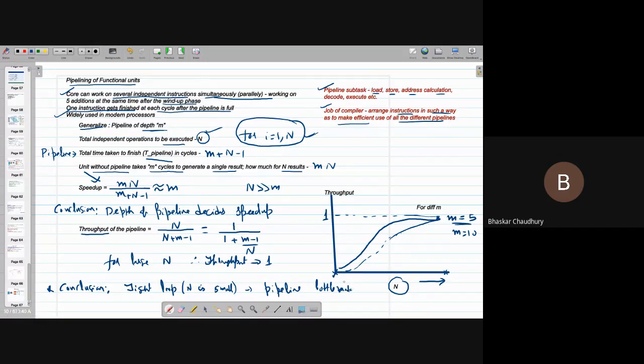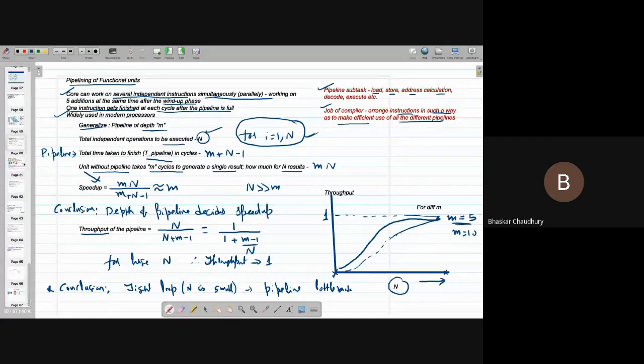So this part is clear to all of you? The idea of pipeline, how pipeline works, how we really get the speed up from a pipeline, and how this parallelism is built inside. Even if we are not writing a parallel program, we get some kind of benefit out of this inbuilt parallelism which is present in the form of pipeline. This idea is clear to all of you? Yes, sir. Okay. Now let us go ahead.